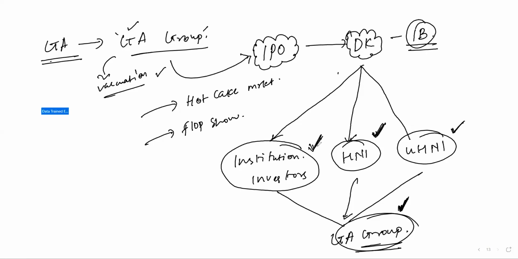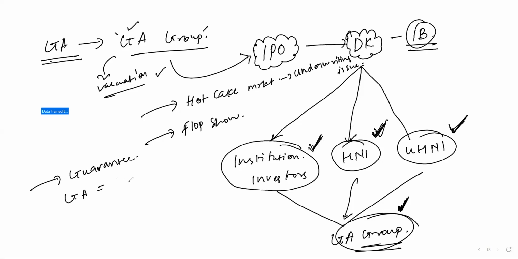The reviews of these investors are very high. If most of these investors want to invest in GA Group, the investment banker will go for an underwriting issue, where the investment banker gives the guarantee that,